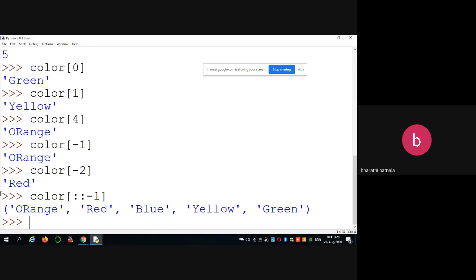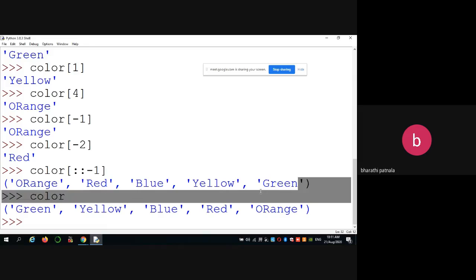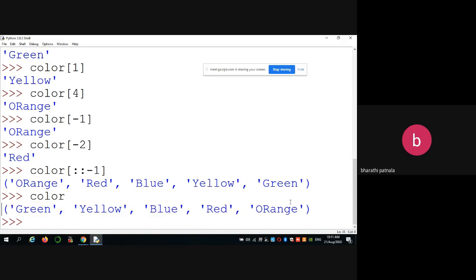This is the original tuple. When you give colon -1, the index starts from -1, which prints orange, then -2, -3, -4, -5. Like that, the tuple is printed in reverse order.